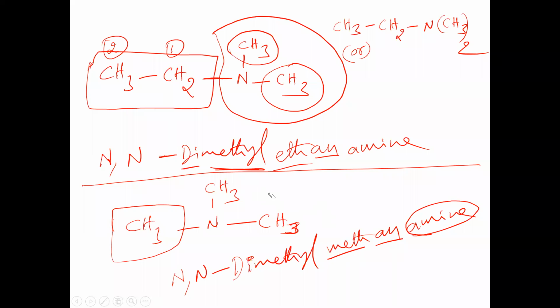So in this way, we write the IUPAC names of these compounds. The same thing, how to write the structure now? Tell me. N with CH3 taken thrice. It is similar to NH3. In NH3, ammonia, three hydrogen atoms are there. In place of hydrogens, methyl groups are there. So we can say trimethyl ammonia. That is the common name: trimethyl ammonia. In NH3, CH3 is taken thrice.